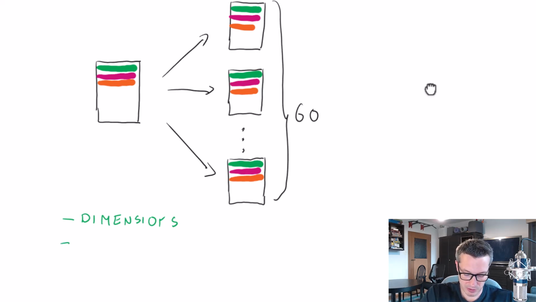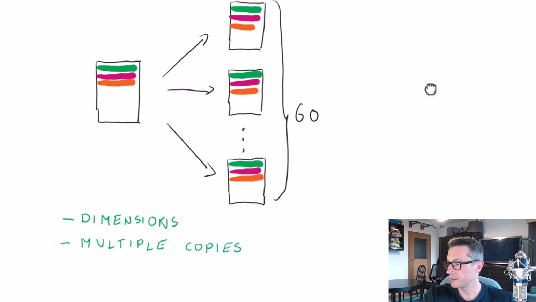And obviously, dimensions, we will have multiple copies. And my whiteboard is not very responsive. Maybe too many lines. Anyway, the goal here is to make this table available on every compute node, and it is to be